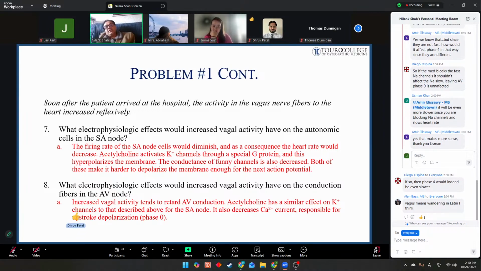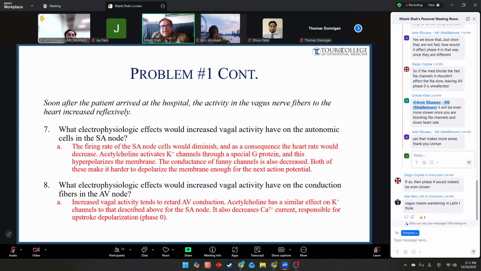Because in MI, the myocardial cells have died, and that will decrease the cardiac output. There is a cardiogenic shock. It has pump failure, there is decreased cardiac output, decreased perfusion to the tissues. That will activate the sympathetic nervous system to increase the cardiac output. And that is dangerous in that patient, because that patient requires more oxygen. You have increased sympathetic drive, which will increase their heart rate further. So that will increase the requirement of oxygen consumption, and the patient is likely to develop cardiac arrhythmias as well